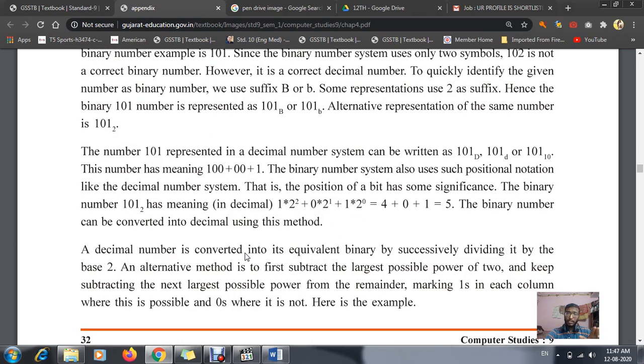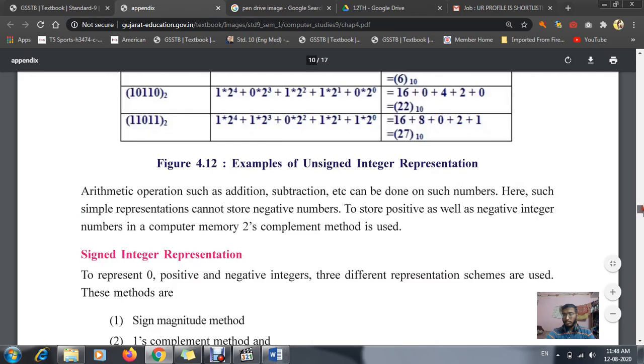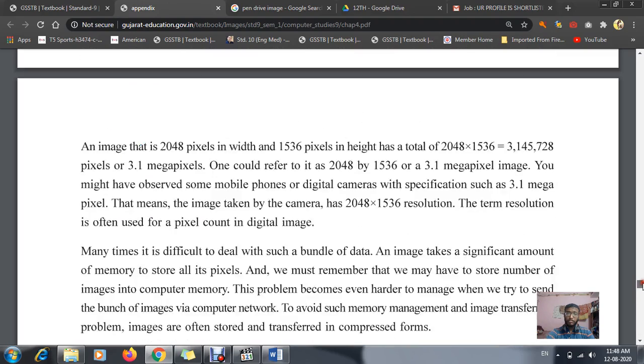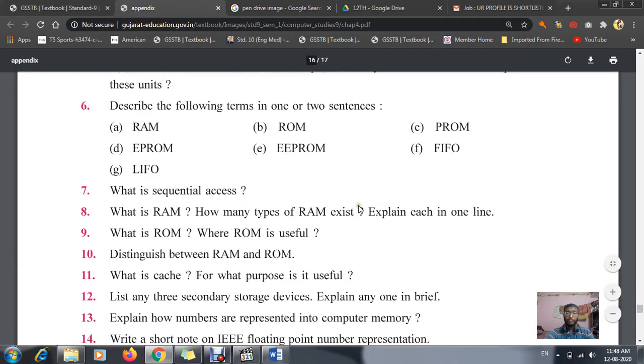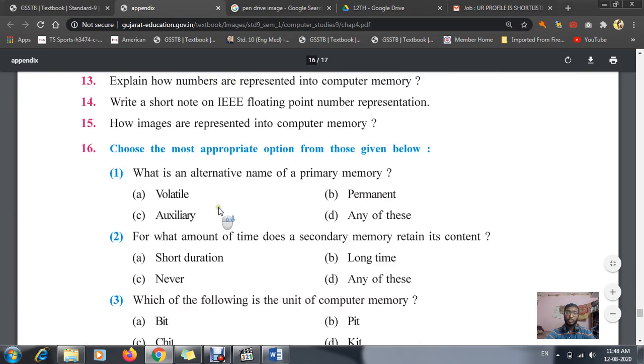And one more thing, I want you to underline these things. Especially in videos I say to underline each and every line. I specify which line you have to underline. You have to underline in your textbook because such things will come in your exam also. And one more thing, you have to find the MCQs and tick mark them after reading the textbook. You don't need to write any question answers, just MCQs, nothing else.